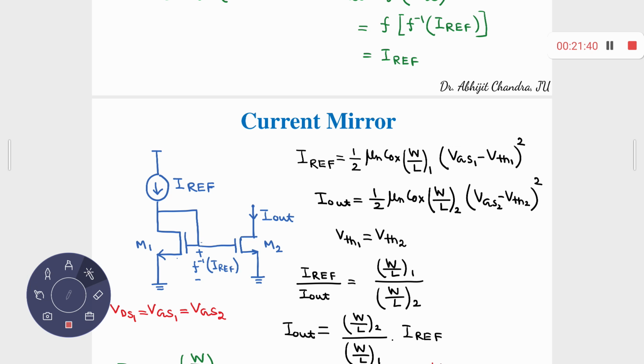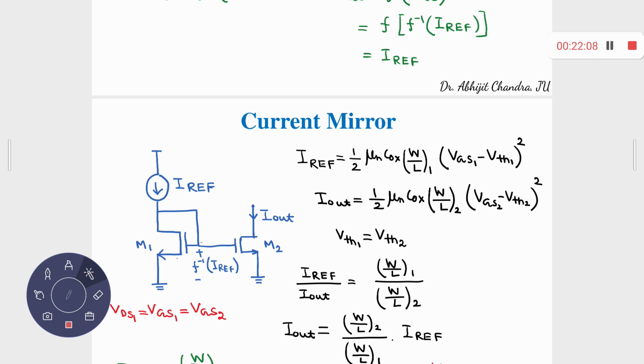No, not this one. We have neglected channel length modulation, and now you understand that you cannot neglect channel length modulation for a short channel device. Right? What we have done, we have somehow managed that the sources are connected together at ground